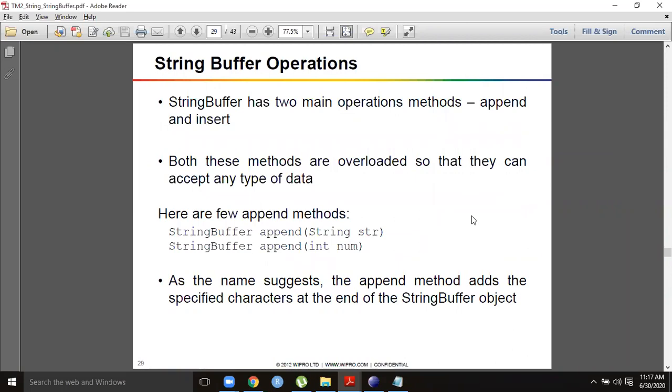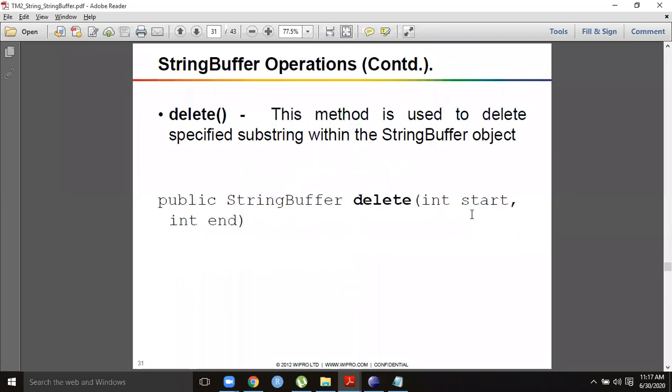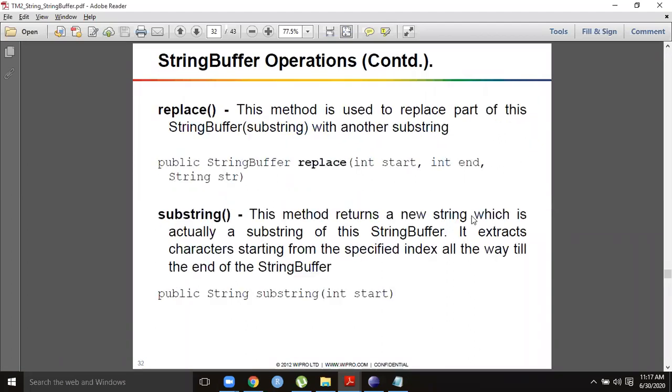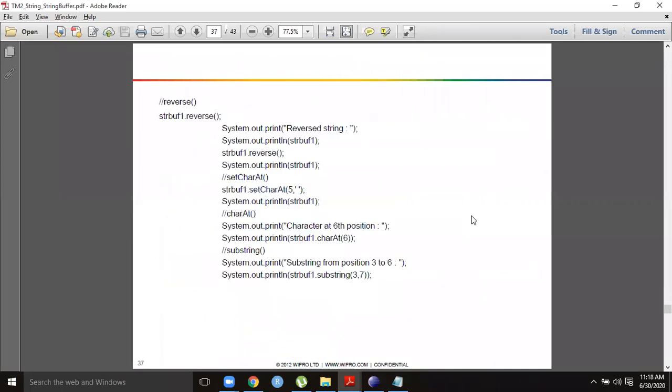Instead of append, there is concat. Insert means inserting a specific character at a specific position. Delete means you can delete some portion of the string. So operations can be performed and the content can be affected here because StringBuffer is a mutable class. Capacity means available storage for the characters. By default, the capacity is 16. You can check it. The charAt method is there to extract a character.